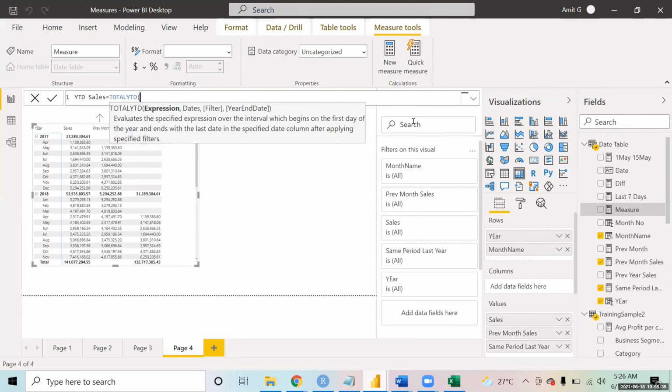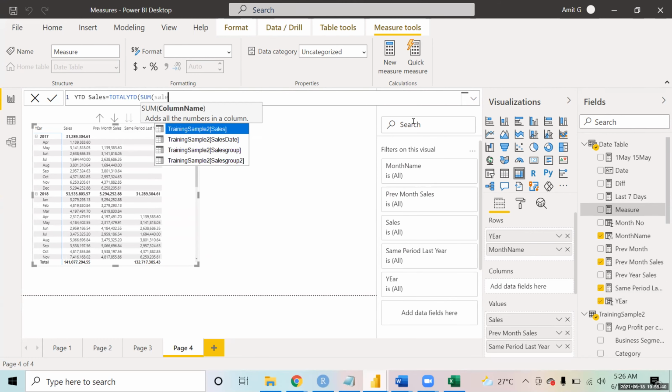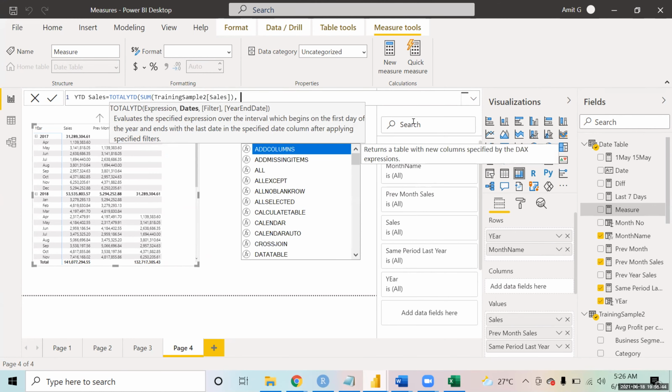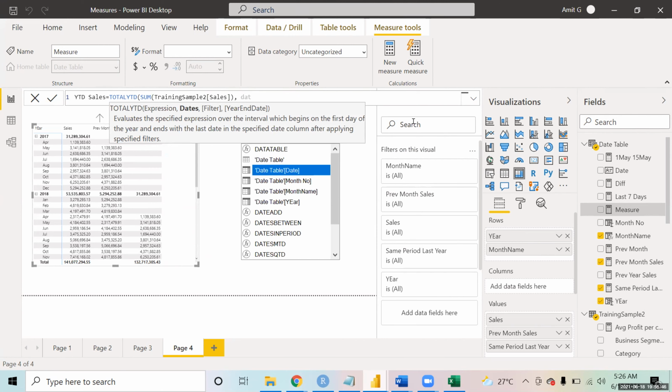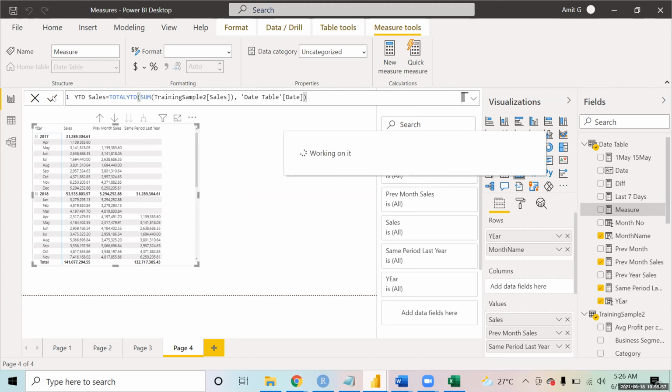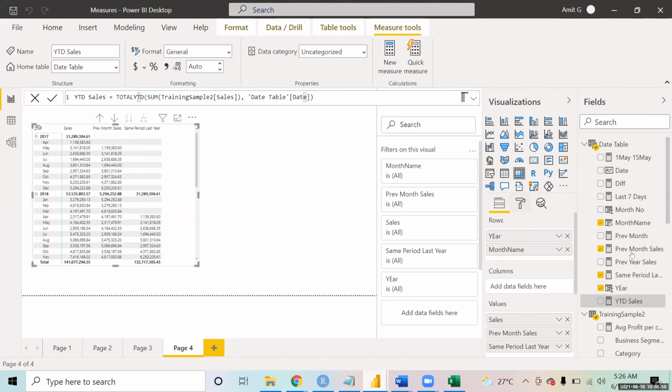So you don't need to use calculate in this. This will actually give you the sum of sales option. Go over here only, and you have to give the dates to that, which is date. Please make this.